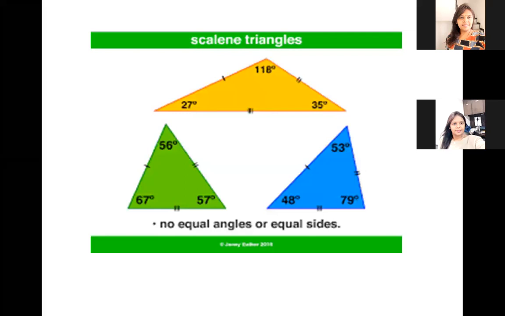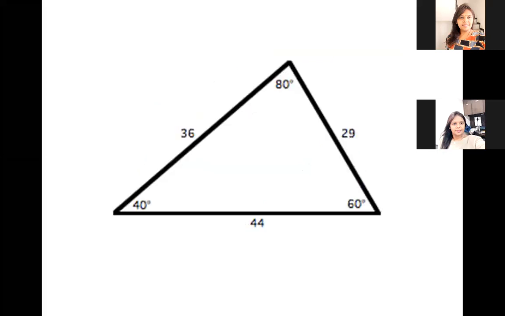The sum of all the angles of a triangle is always 180. So in this figure, it has no equal angles or equal sides. It's called the scalene. This is a beautiful example to understand the scalene. Look here, all three sides are different from each other, and the angles are also different, but the sum of the angles is always 180. So don't forget, if you take the sum of these three angles, it will be 180.